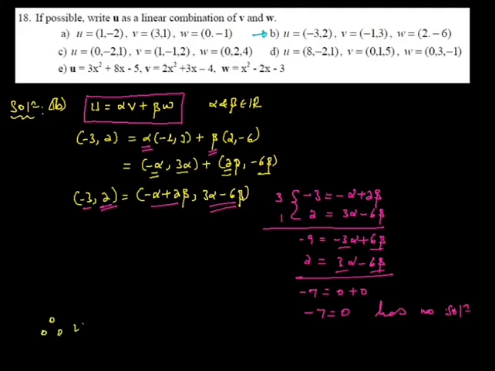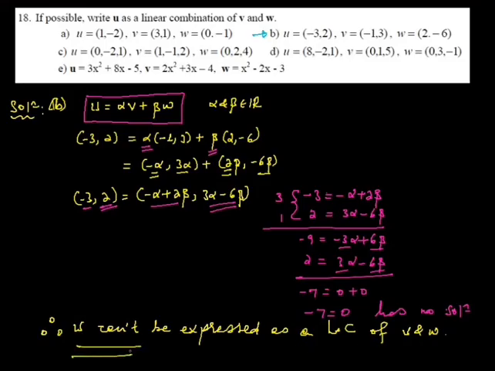Therefore u cannot be expressed as a linear combination of v and w እንላለን ማለት ነው። So exactly የተጠየቀውን ለመመለስ እዚህ ጋር እናቆማለን። ግን ስለነዚህ ቬክተሮች ምን ማለት ይቻላል in terms of linear dependence and independence፣ ስለሱ እናውራ ከተባለ፣ if u can't be expressed as a linear combination of v and w, then these three